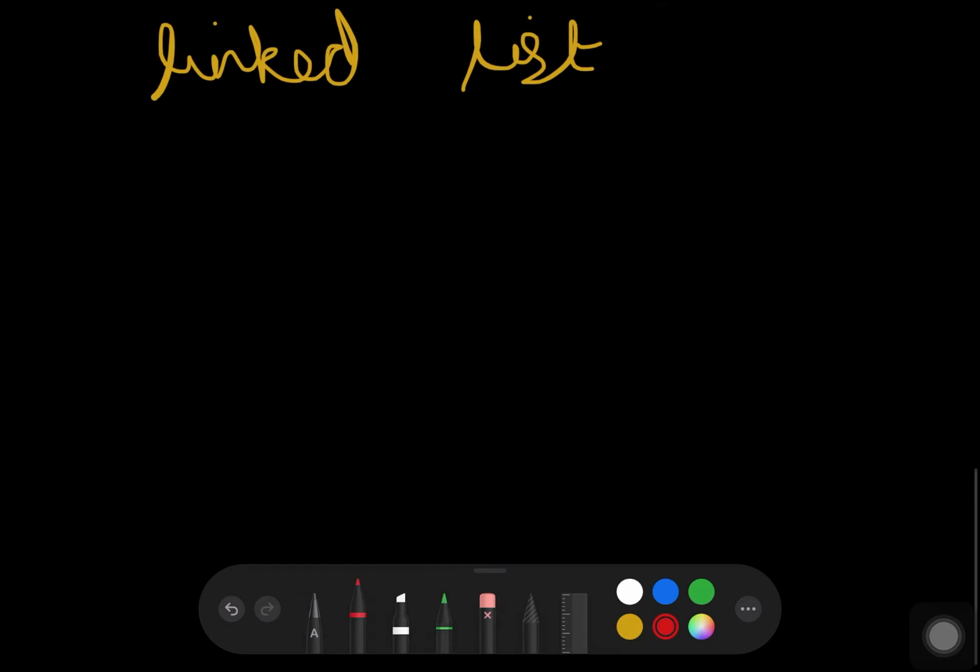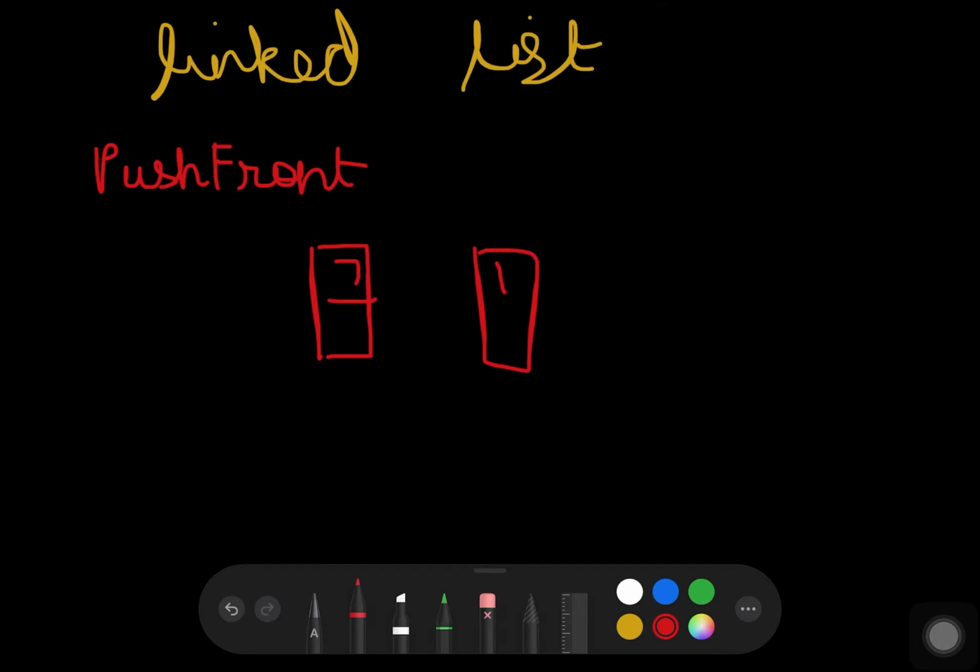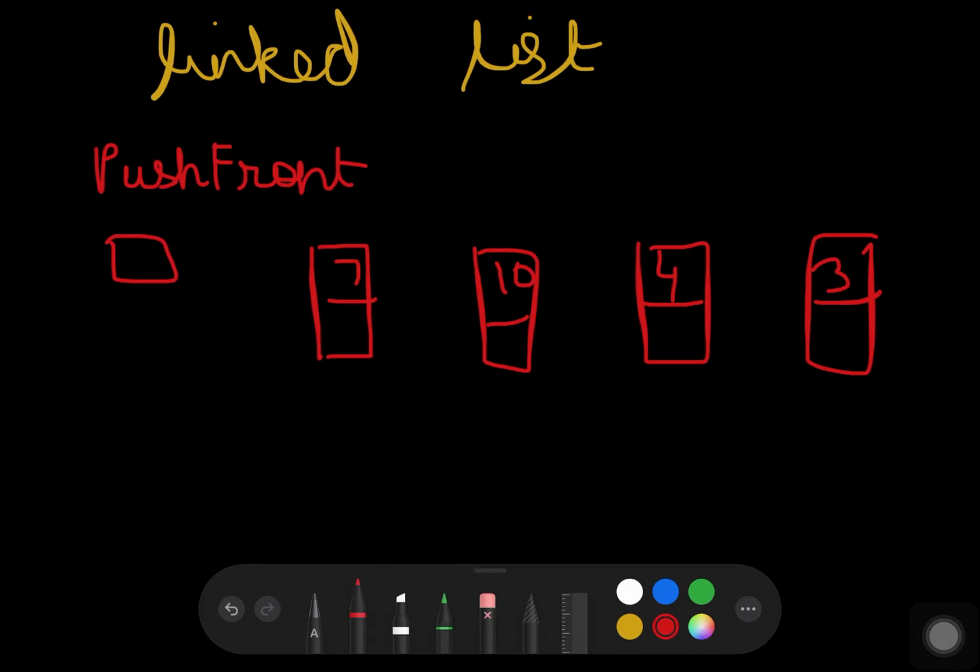So initially, let's consider the push front function. So we had this list 7, 10, 4, and 3 initially. Head, 7, 10, 4, and 3.